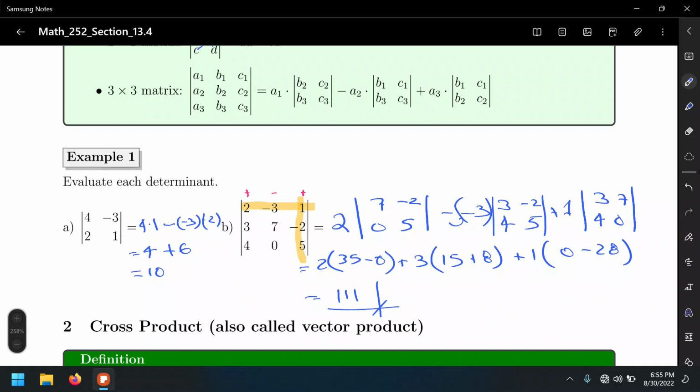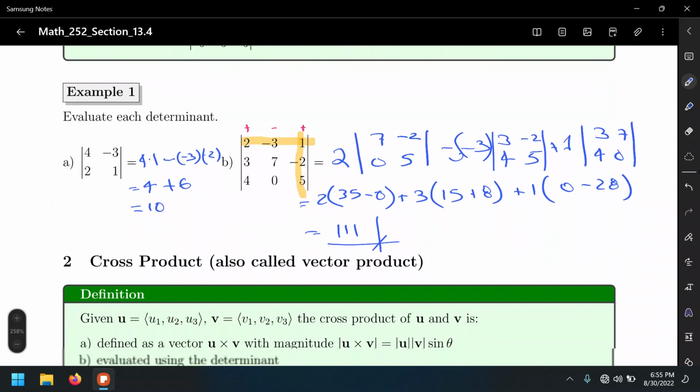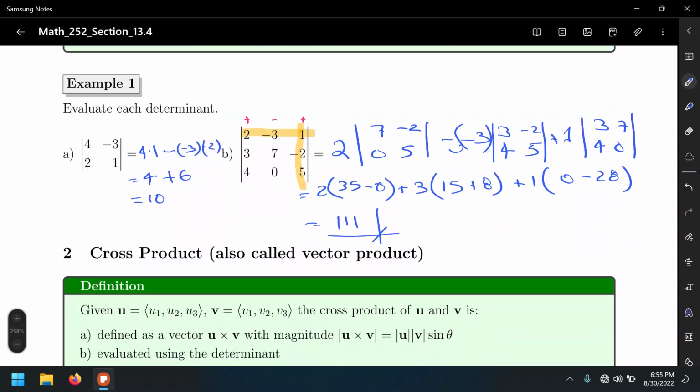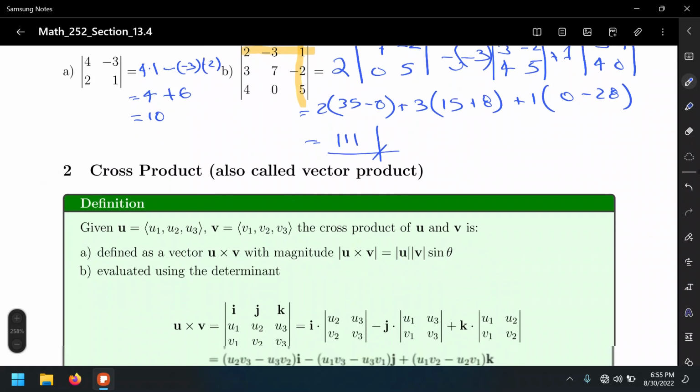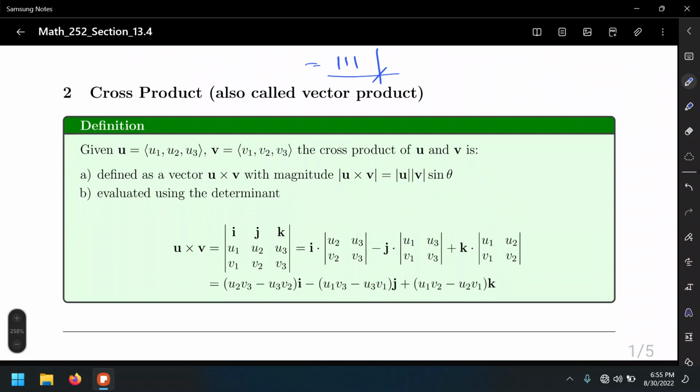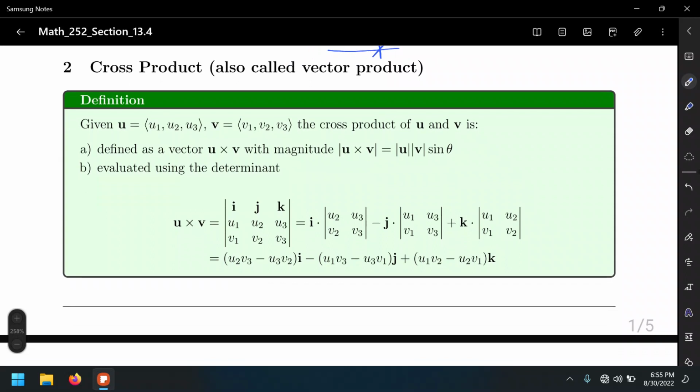All right. So as you can see, it's a little time consuming to do this expansion by minors. I have to teach this method because it's part of our objectives, and it serves as a connection with linear algebra for those of you who are taking it. And in order to find the cross product of two vectors, if we have vector u with its own components and vector v with its own components, we can define the cross product by